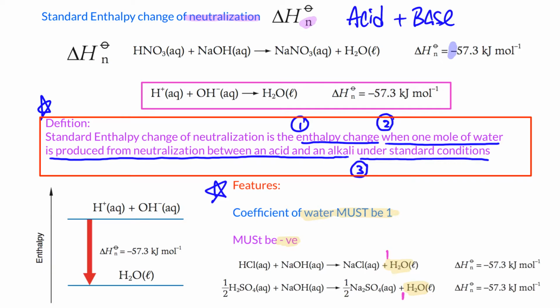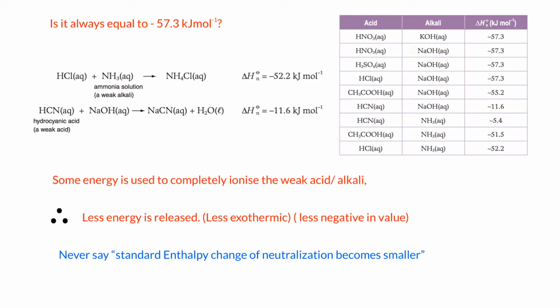These two examples are strong acid and strong alkaline, so you'll see it will be negative 57.3. Is it a must for every kind of neutralization? Let's have a look. Is it always equal to negative 57.3? You can check it right here. The answer is no. For some reactions, when you change the acid and alkaline, you may have less negative values. But in general, you'll find that for these 5 pairs of acid and alkaline, why will it be less negative? Because you can easily